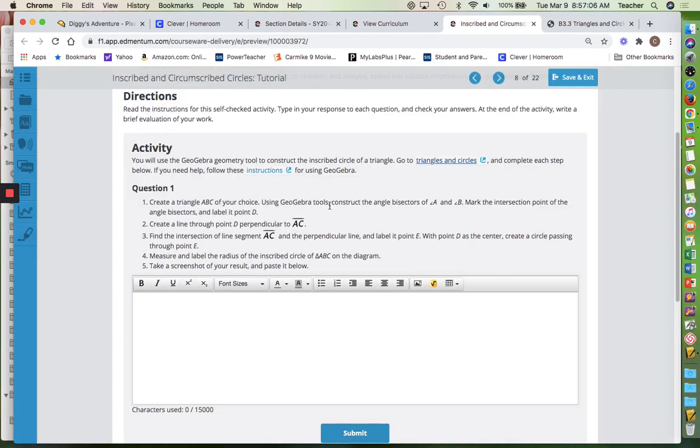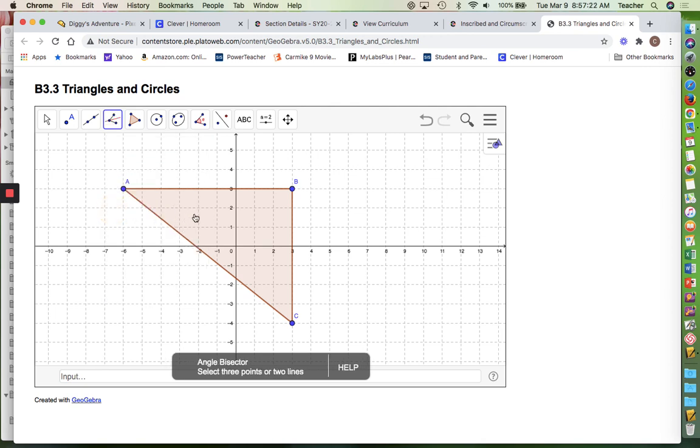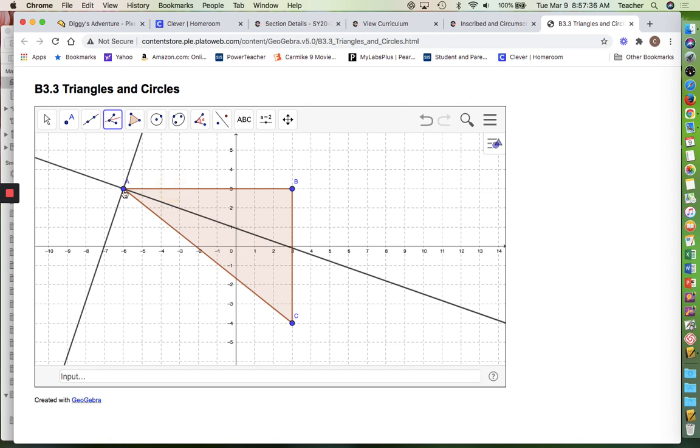Okay, so now I got to use the GeoGebra tool to construct an angle bisector of angle A and angle B. All right, so fourth icon from the left, you're going to go down to the fourth one, which is angle bisector. Fourth icon, fourth one down, angle bisector. All right, so I'm going to find angle A, right? So I need to find the line on either side of it. So I'm going to select AC and AB, and there's my angle bisector through A. Now I got to do B, so I got to select the two lines on either side of it. So I'm going to select this line above it and the one below it,